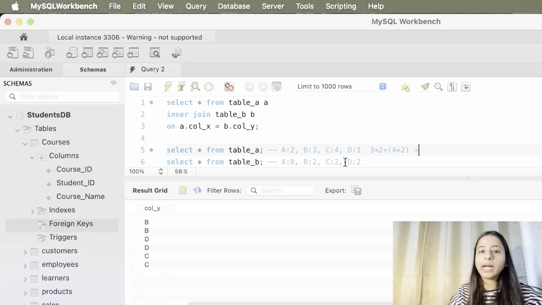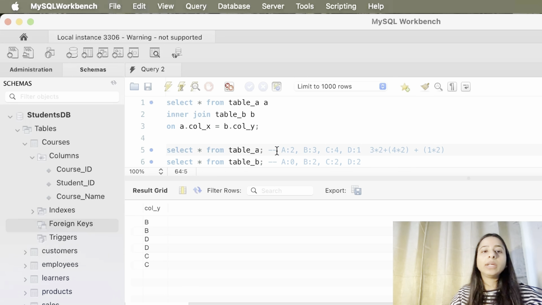Then you add for the D value, which appears only once in table A and twice in table B, so it is 1 into 2. If you calculate it, it is 6 plus 8 plus 2, which is 16.